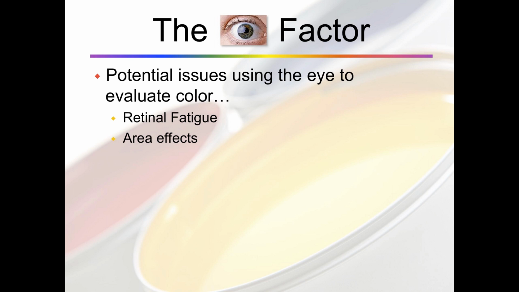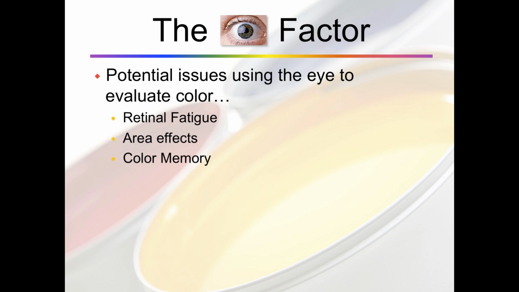Our eye sees a lot of color at a time when it's looking at something, and it's very difficult to selectively eliminate or focus just on one area of something we're trying to control. We may have a brand blue in the center of a design, but it's surrounded by an orange color on the rest of the box or the carton or the sheet, whatever it may be. And while we're only focusing or trying to work on that blue, that surrounding orange or whatever color it may be plays a big role in our evaluation of the blue.